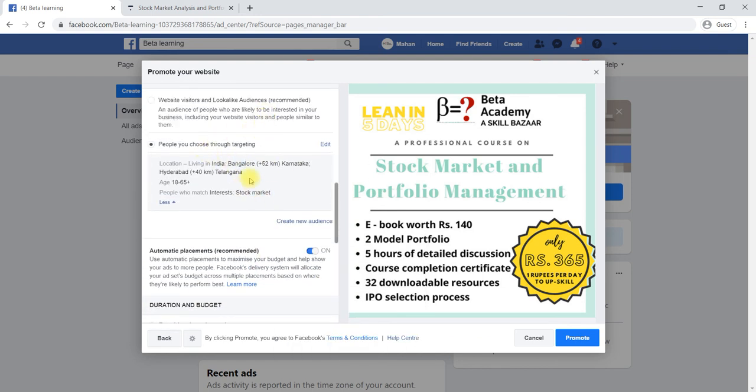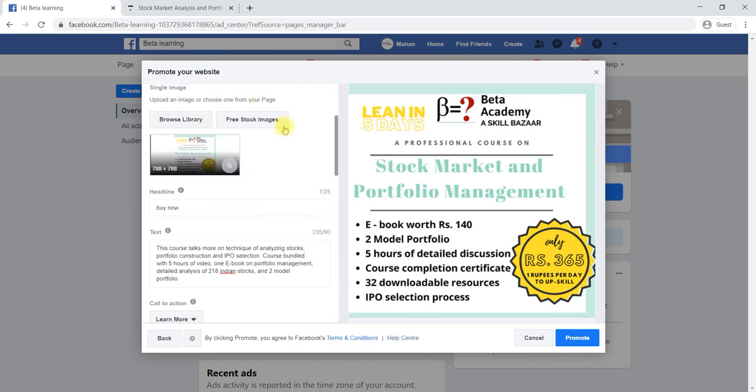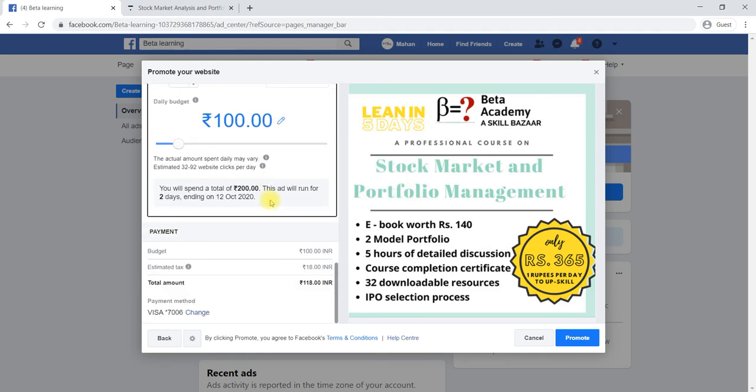Placement, the location we already selected, the ad details we already gave. Next it comes to the payment. If you'd like to change the payment, you can change here. Payment mode you can change, or you can link any other account here, and you can say promote. Right now I don't want to promote, so I will not click on promote. For example, if you click on promote,